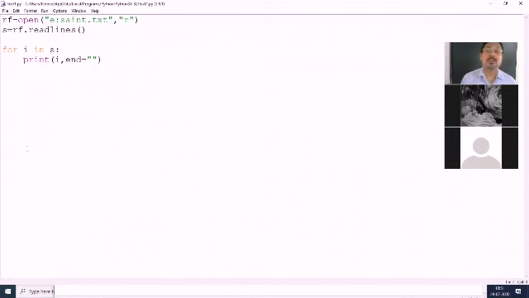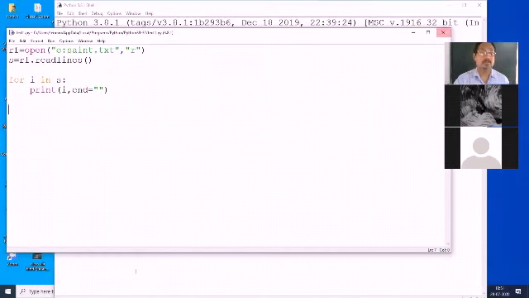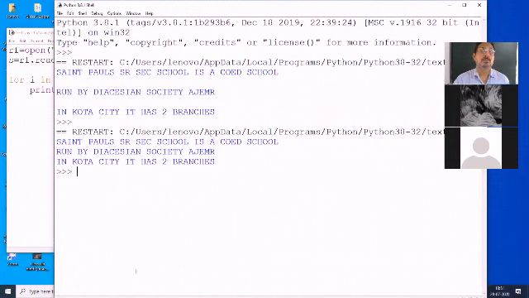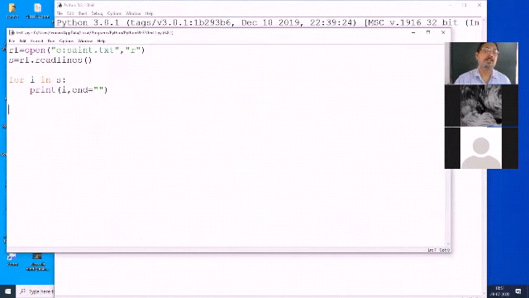Write a program to display only those lines which start with S or I. Very simple.